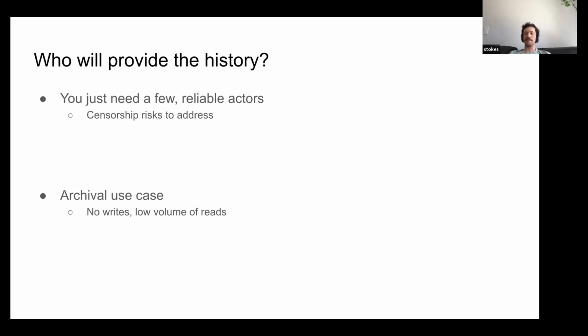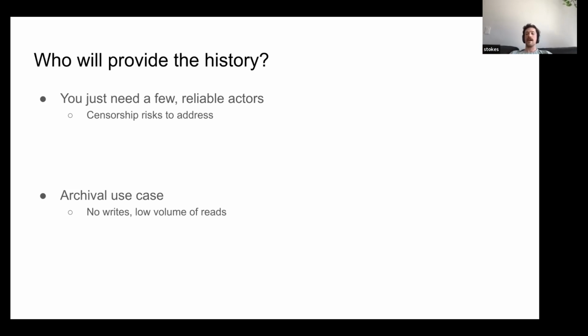We think that there will be people who provide this data. It'll be so important, at least in my opinion, that someone will do it. And importantly, it's an archival use case. Even if you are a provider of this data, you're probably going to write the chain only every so often, at very low frequency, just to extend your local history. And like we were saying earlier, most people aren't going to need transactions from 50 years ago or even 5 years ago, right? Because of that, there's going to be a very low volume of reads. So you can have an optimized hardware setup and operational environment for this that should hopefully be low cost to operate.